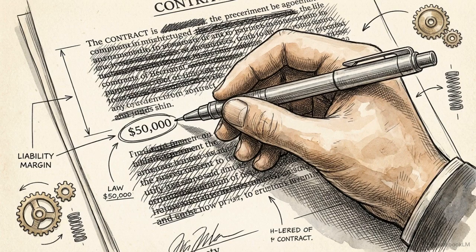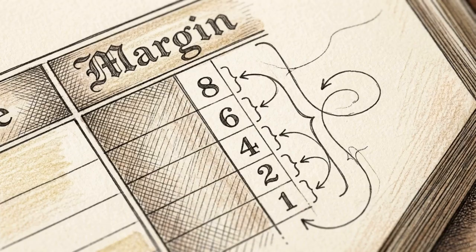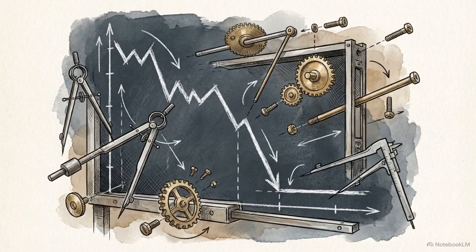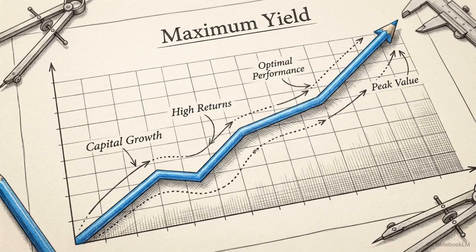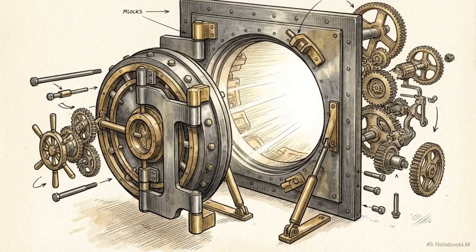The insurance company is strictly on the hook for that $50,000. Because fees are calculated only on that shrinking margin, the cost of insurance plunges as you age, allowing your capital to capture maximum yield with almost zero internal drag. Once the accumulation phase establishes that heavy cash value, the strategy shifts toward deployment and liquidity.